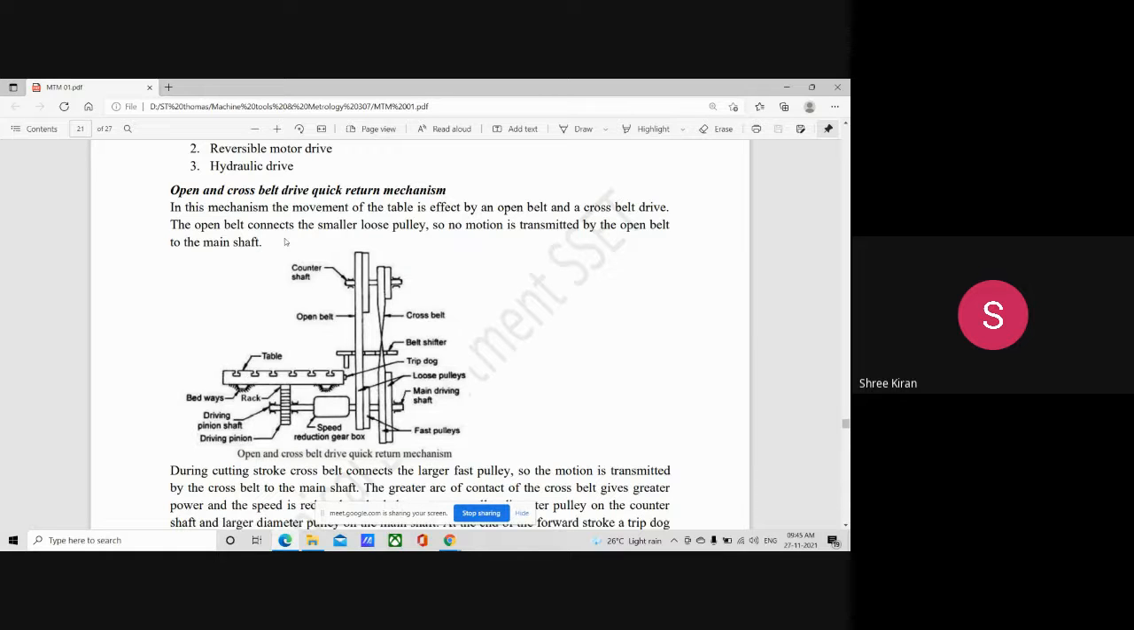The open belt connects the smaller loose pulley. So here the open belt always connects the small loose pulley, and no motion is transmitted by the open belt to the main shaft. So in this mechanism,